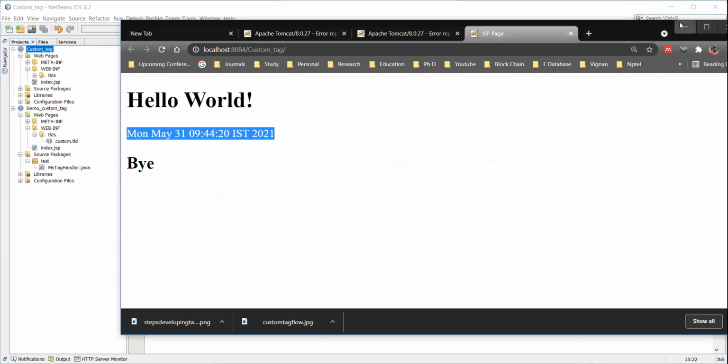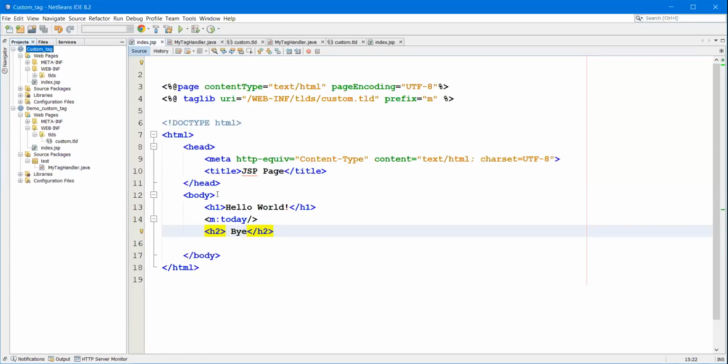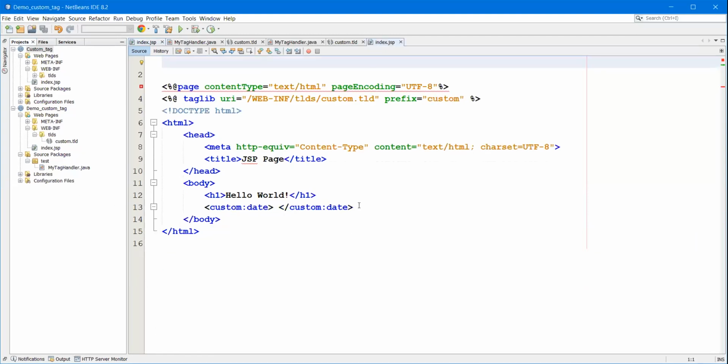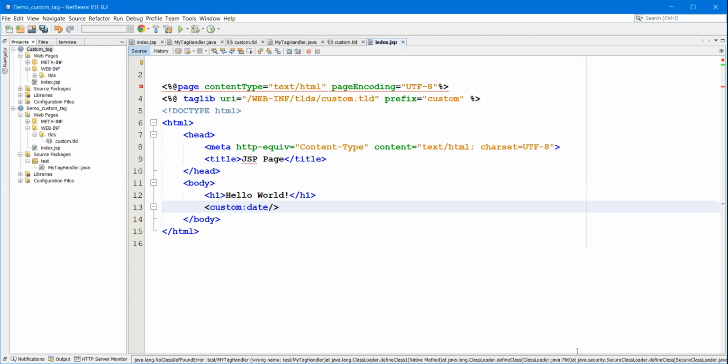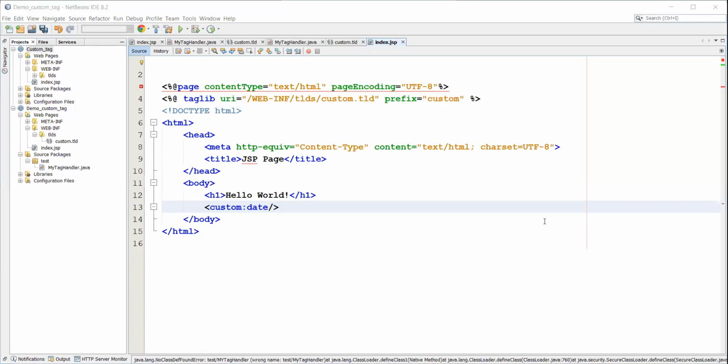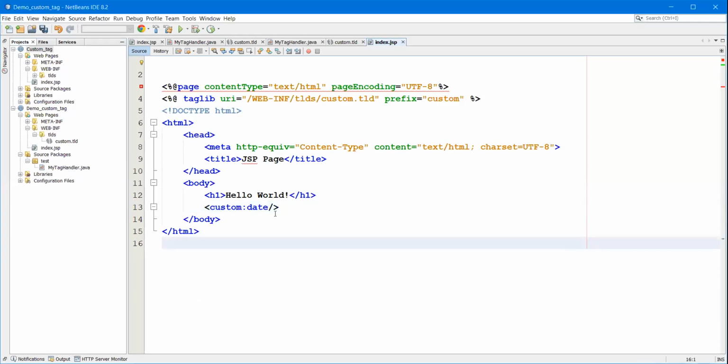Let me try to find if there is anything wrong. The URI and URL.